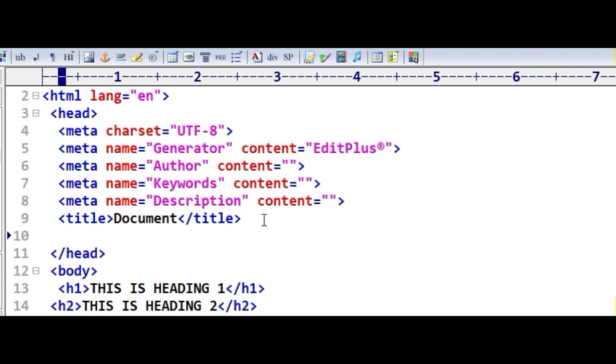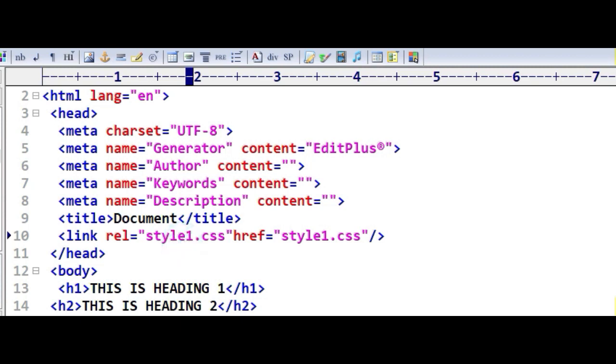I am going to include this anywhere in between the head, because all the link files of CSS we write in head. So the file name is style1.css, and we want to link it with href style1.css. What does CSS do? CSS makes the website beautiful.